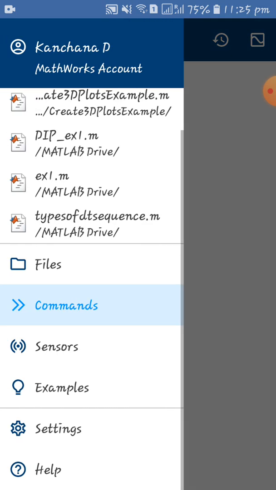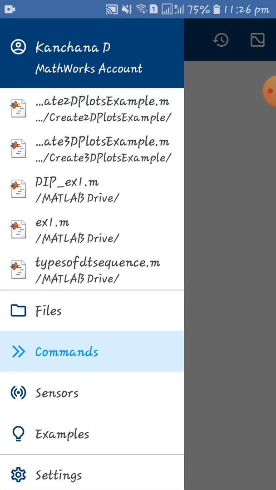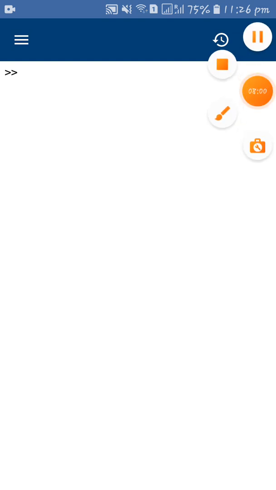So that is a small introduction to the MATLAB app. So now we can start working on the